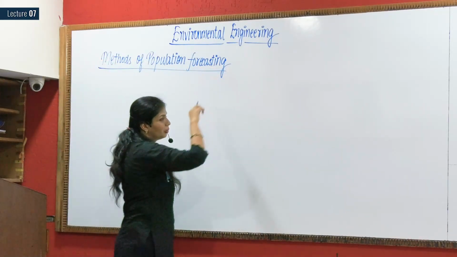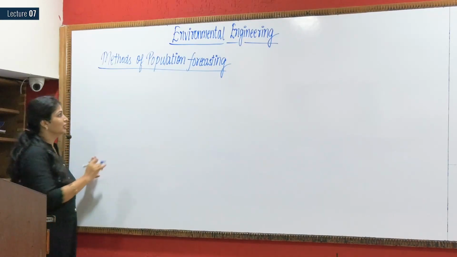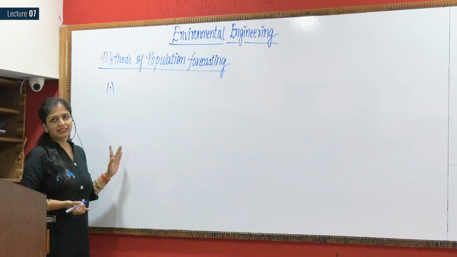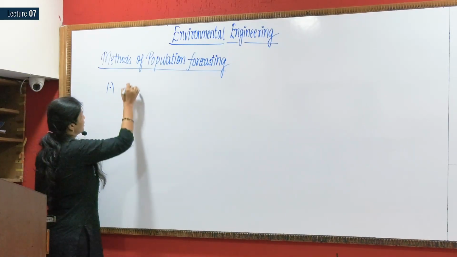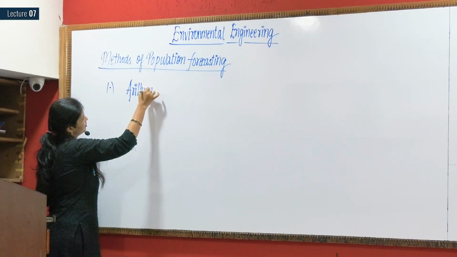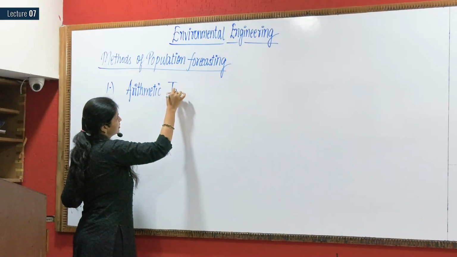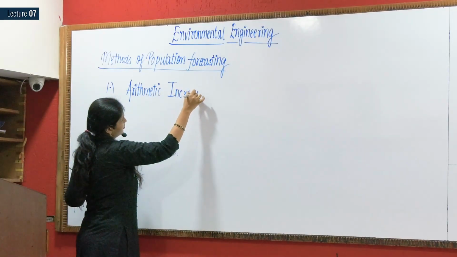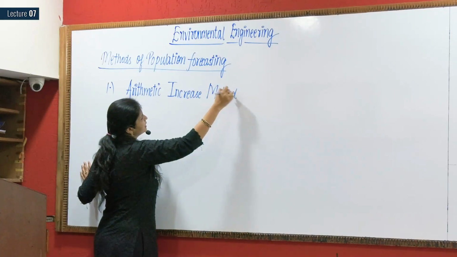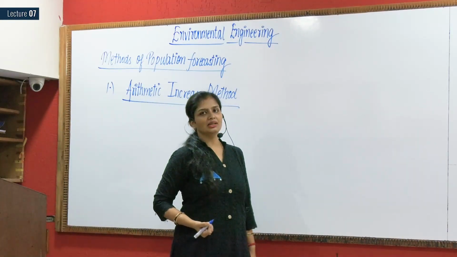In these methods of population forecasting, the first method is the arithmetic increase method, and in some books you can see it called the arithmetic regression method or regression method. That means one and the same thing. So this one is the arithmetic increase method. Now, before starting this method, I just want to tell you that there is one assumption